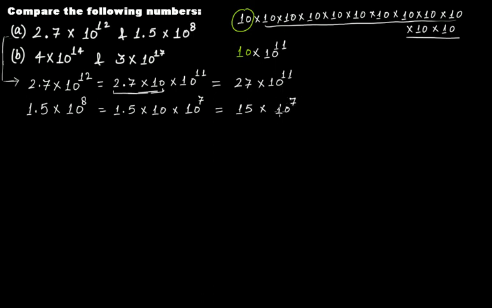Still, it's difficult to compare, right? It will be a very, very long calculation if we go on multiplying 10, 11 times and then doing this. So what's the way? The same thing we have done here, let's apply a little more mind here. Can I write this number, this one only? Focus on this one now. Can I write this number as